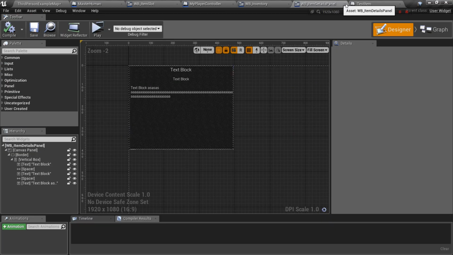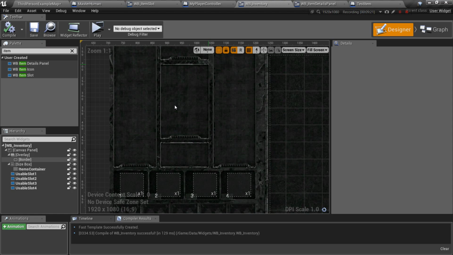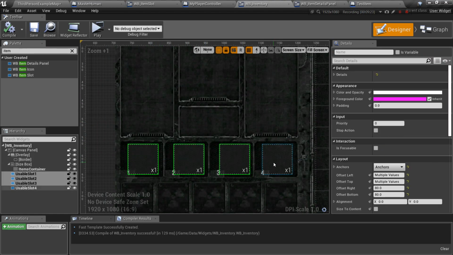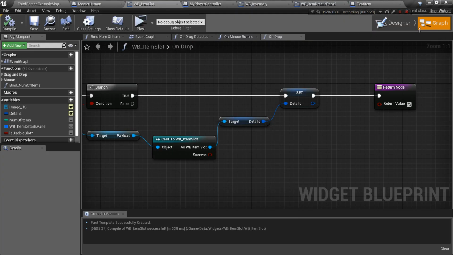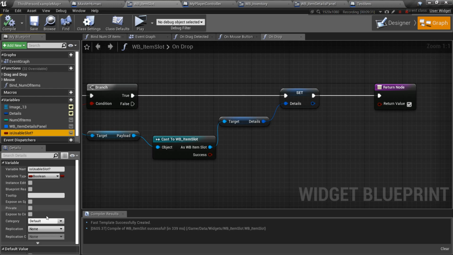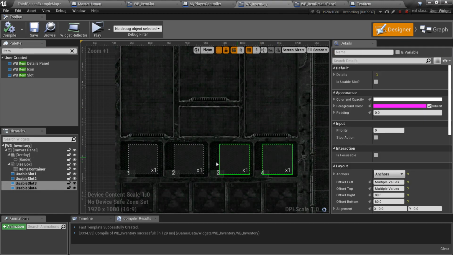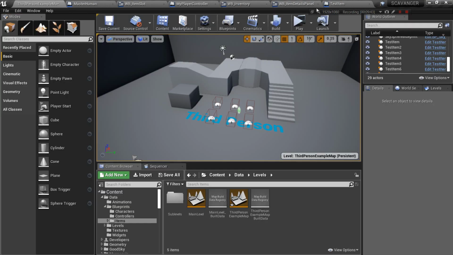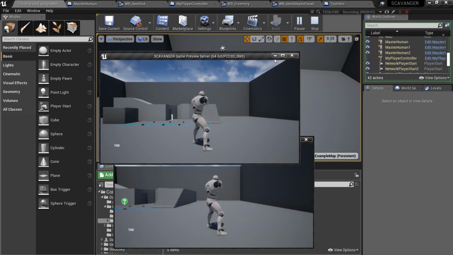And another thing that I'm going to need to do is go into our inventory, select the 4 of these, and I'm also going to need to go into our item slot, and I'm going to make this is usable slot instance editable and expose on spawn, because now I want to override them over here. So is usable slot for these 4, you want to turn this to true so the code actually works. So now if you actually play,